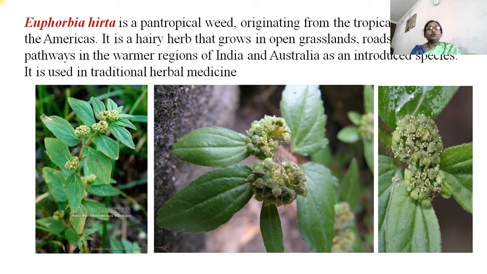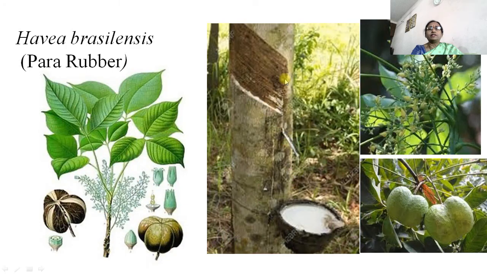Then Euphorbia hirta. It is a commonly found plant, very commonly found all over India, and it is a wild herb, and this plant can be found everywhere in our country. Then Hevea brasiliensis, para rubber plant. Latex is collected from the stem of this plant, and then rubber can be obtained. This is the fruit of the rubber plant, and this is the latex collected early in the morning, from which rubber can be